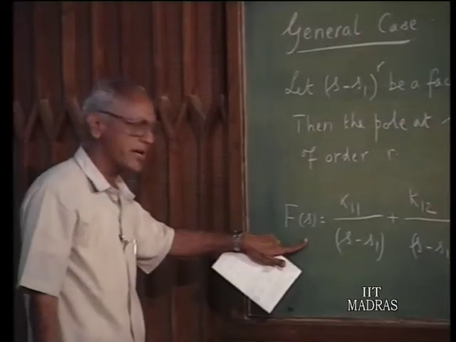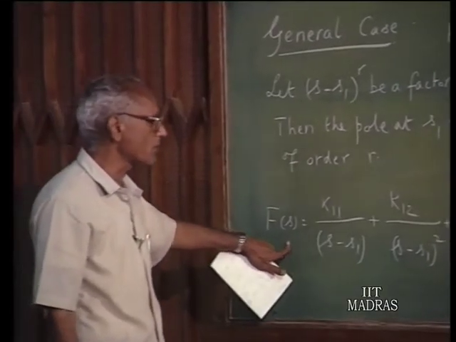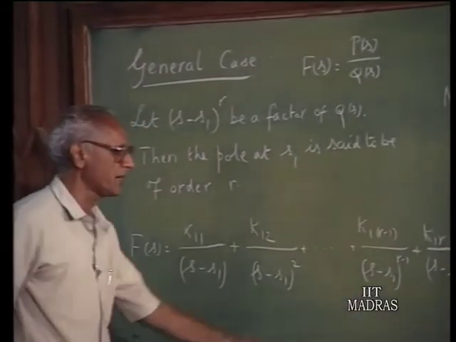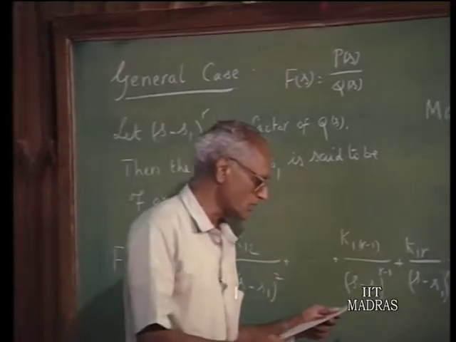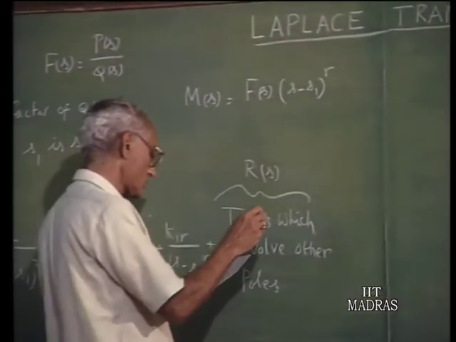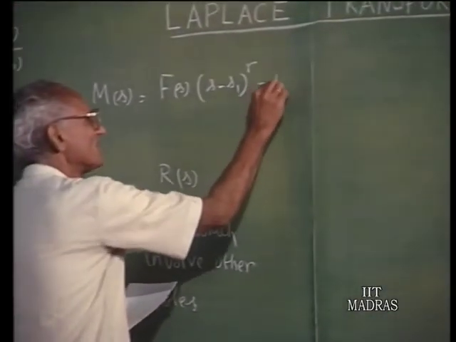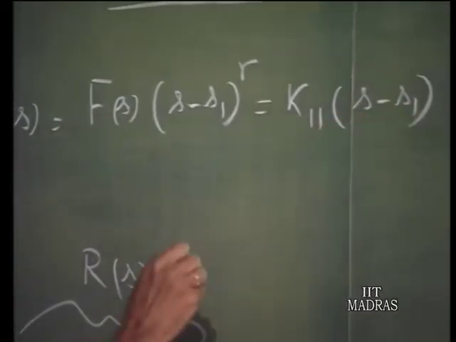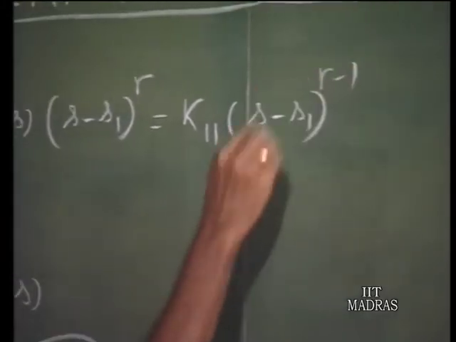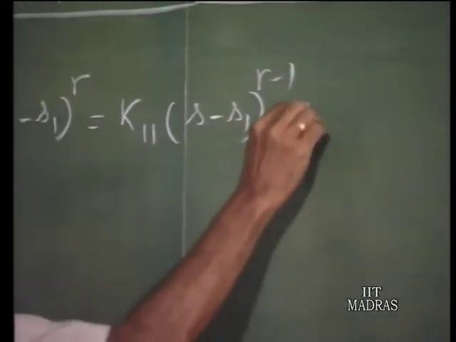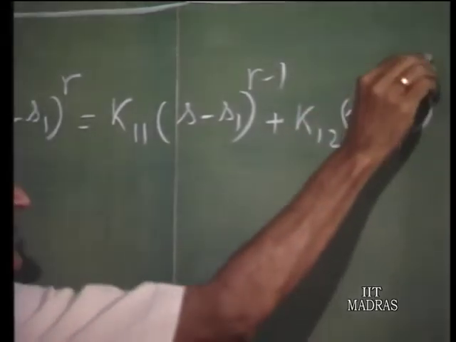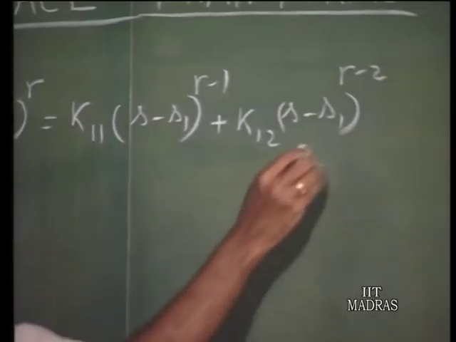You multiply this by (s minus s1) raised to the power of r, then this entire group of terms will be multiplied by (s minus s1) raised to the power of r. Therefore, that will turn out to be k11 times (s minus s1) raised to the power of (r minus 1) plus k12 times (s minus s1) raised to the power of (r minus 2), down the line,